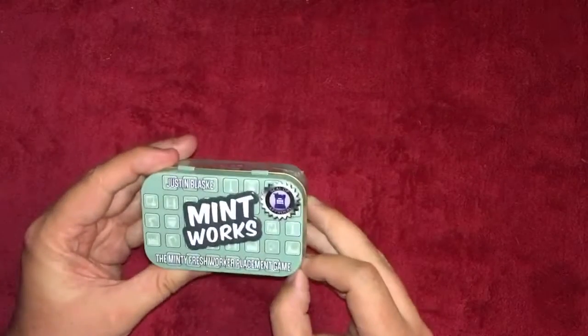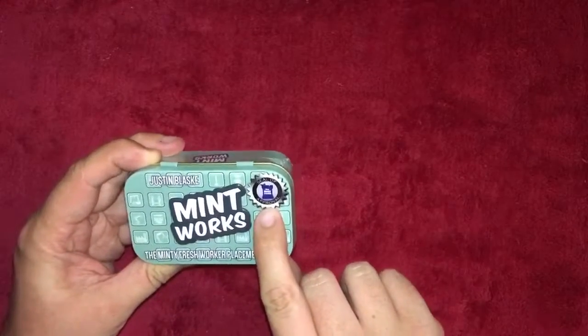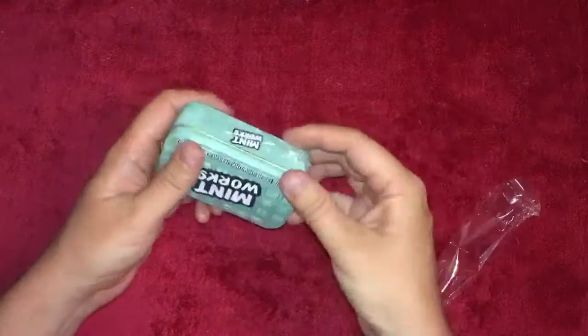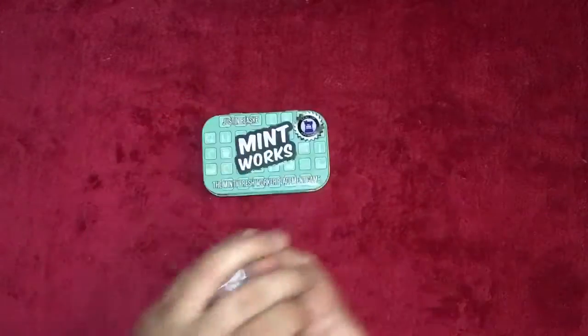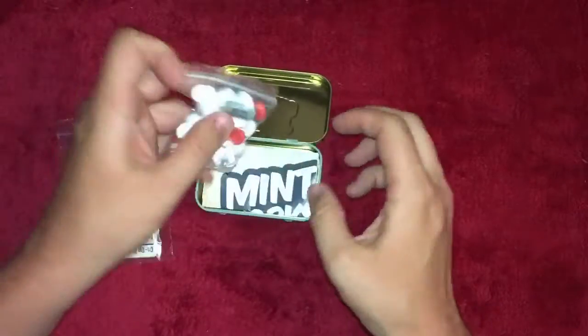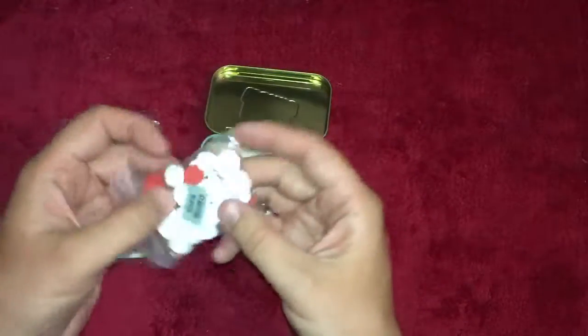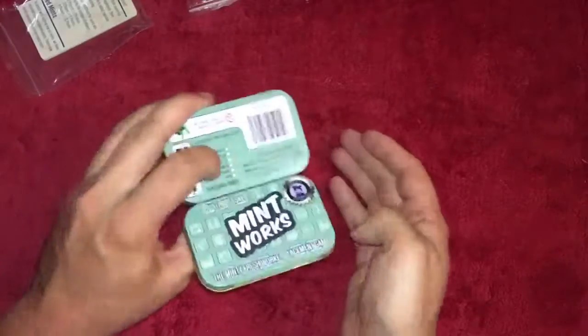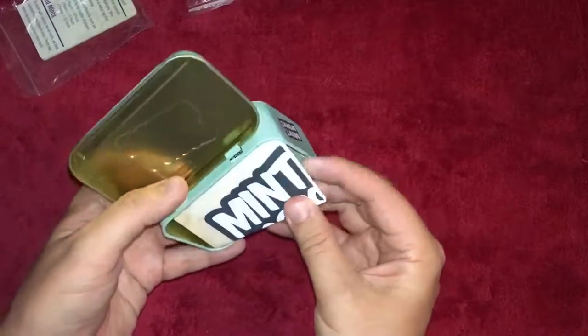to Mintworks. Have a look in there. Dice Tower seal of approval. I wonder what I'll have to do for people to put my crappy logo on their boxes. The Foible seal of approval. I don't think that's ever going to happen. Anyway, so what we got in here? Starting player and a bunch of red and white mints. Another annoyingly stiff